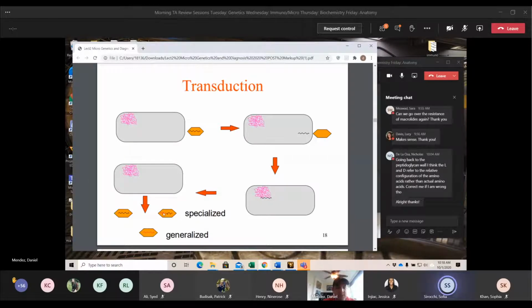So the specialized one is going to be the one that has half red, half black, because the red is only a certain portion of the genome. And then the generalized is all red because the entire genome is going to be incorporated. So I'm assuming the one that's all black is also generalized technically? No, so this would be the preliminary one. So this is the initial one. Gotcha. Okay, thank you. No problem.